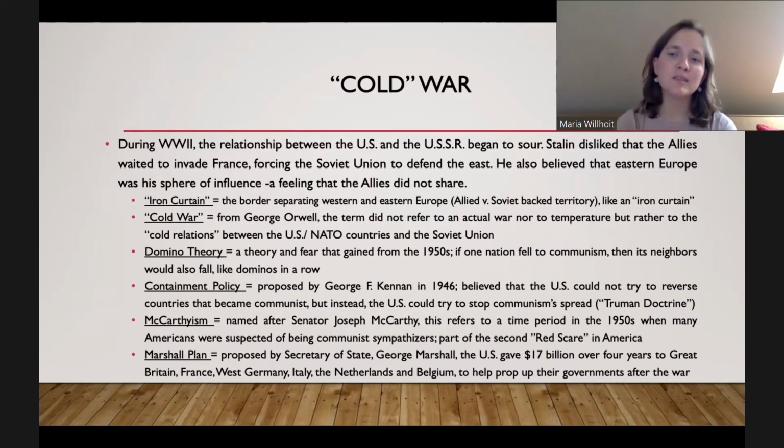But Stalin believed that Eastern Europe was his sphere of influence. Okay, America and Britain, you can have Western Europe, you can have Asia and all these other areas that you claim to have influence over, but Eastern Europe is mine. And we get to say what happens there. And the Allies, especially America and Britain, did not share that feeling. The Allies did not like the fact that Stalin was claiming Eastern Europe because then they really feared that it was going to become communist and that communism would just grow. So there was animosity to begin with. It wasn't a good relationship.